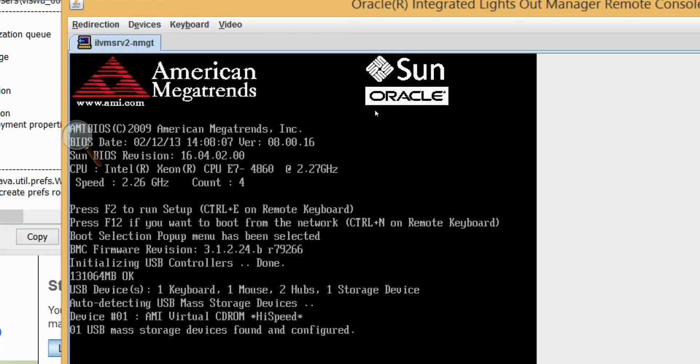I don't know where I should actually hit the F8 key, so I keep on hitting it. Let's see. Come on, it will just take a moment.